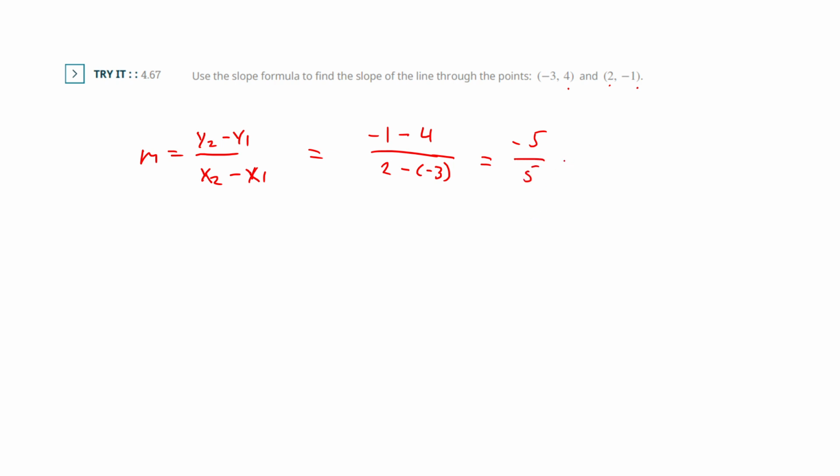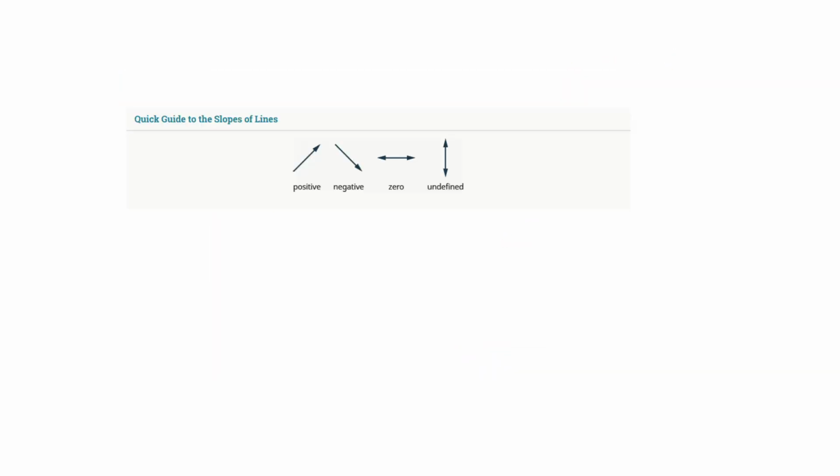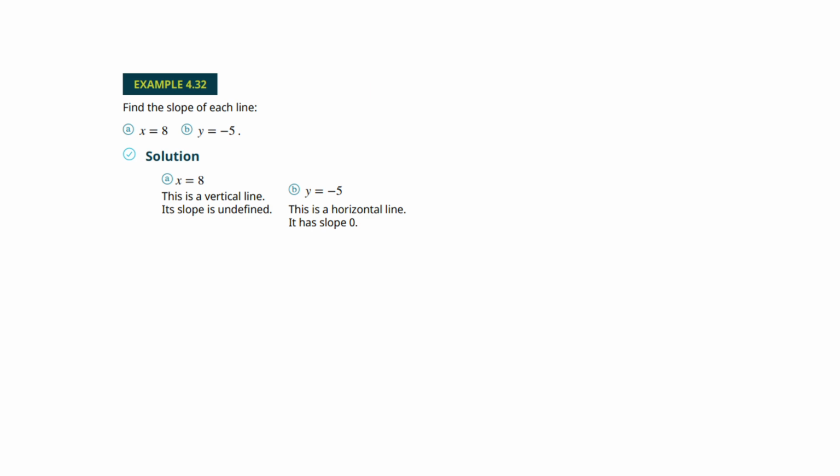Now if I reduce this, that's negative 1. So I'm going to show it like this. So we could cancel those 5s. If you do, they leave 1s behind. So this is really now like negative 1 over 1, or just negative 1. Or you could just think of this as division. Negative 5 divided by 5 is negative 1. Okay, now I actually thought they'd give us some harder ones, but let's go back now to